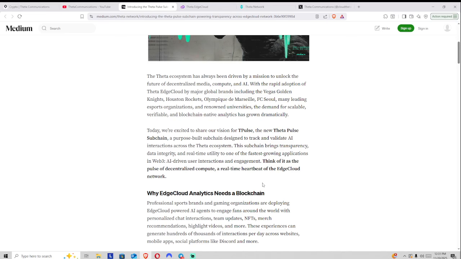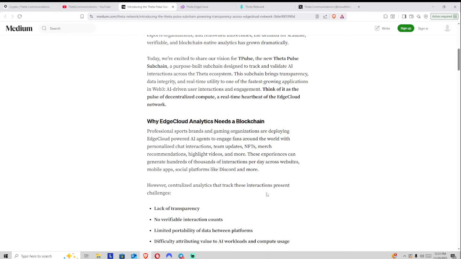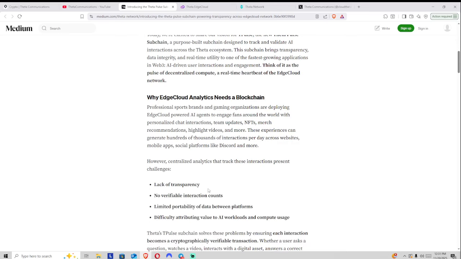So why is this so exciting? Data is a currency in itself, and right now there isn't a lot of transparency and validity to the data sources that are being provided at the moment. So bringing these things on chain through the Theta blockchain demonstrates trust to the users, as well as for the Theta Labs team to better dial in the services they provide themselves.